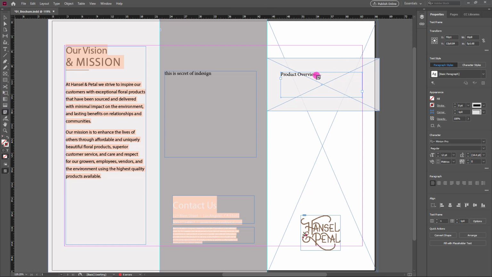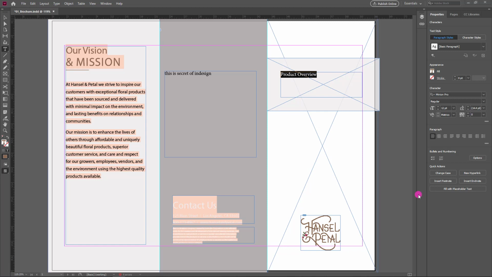Now I want to scale the text. Select the text tool and select this text. Now I wish to increase the text size, so I go here, select any point, or you can directly enter the value. I want 28 points, so I enter 28 and hit Enter on the keyboard.